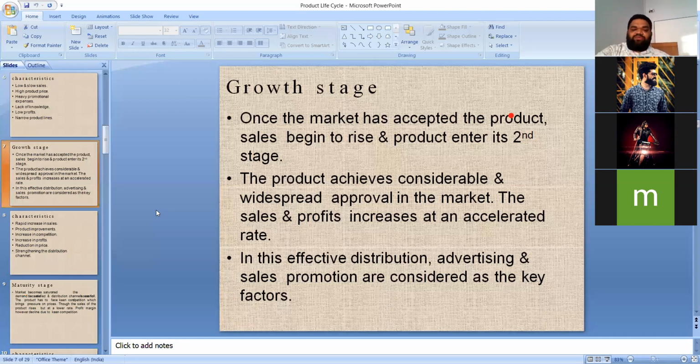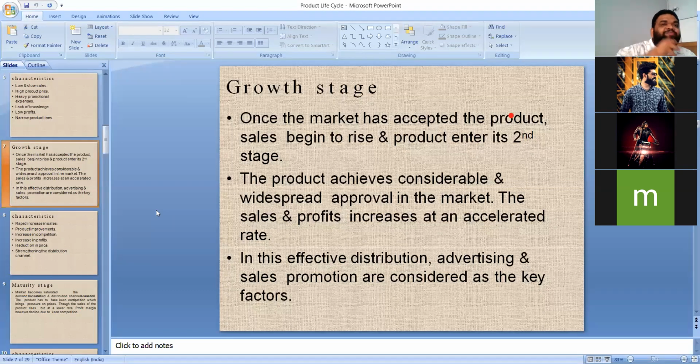Okay, so next, in this effective distribution, advertising and sales promotions are considered the key factors. So in the first stage, the promotional expenses are more. Whenever you see here, advertising and sales promotion are considered the key